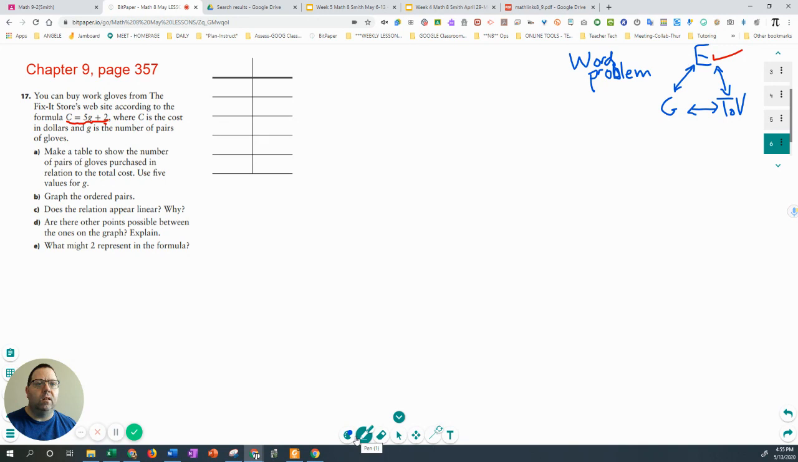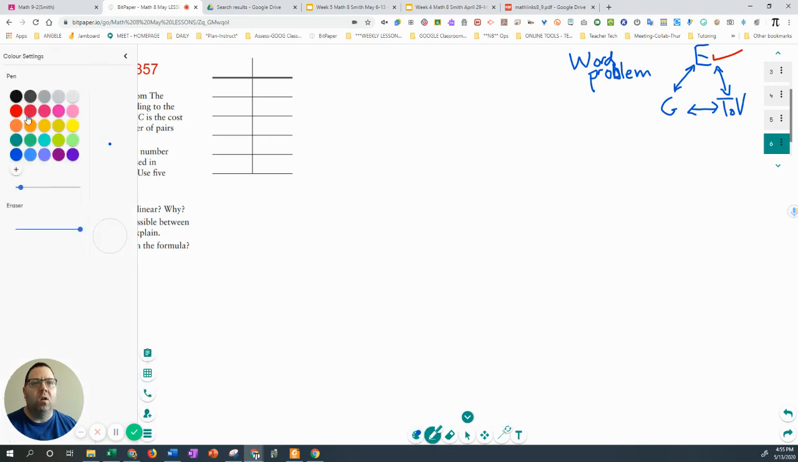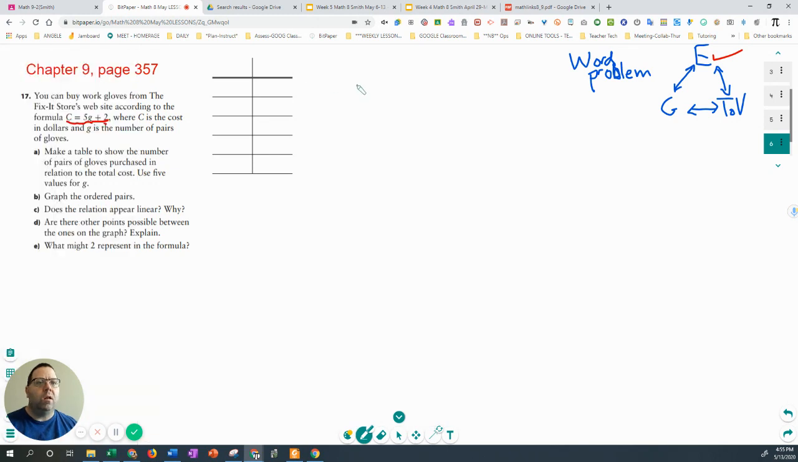So this might lead you to be asking, why isn't the formula just 5G? I mean, what is going on with this plus 2? Well, it's probably another way for the store to make money. It doesn't say what the 2 is, and in fact, that's one of the questions down here. So we're going to save that, but for now, we're going to accept the fact that this is 5G